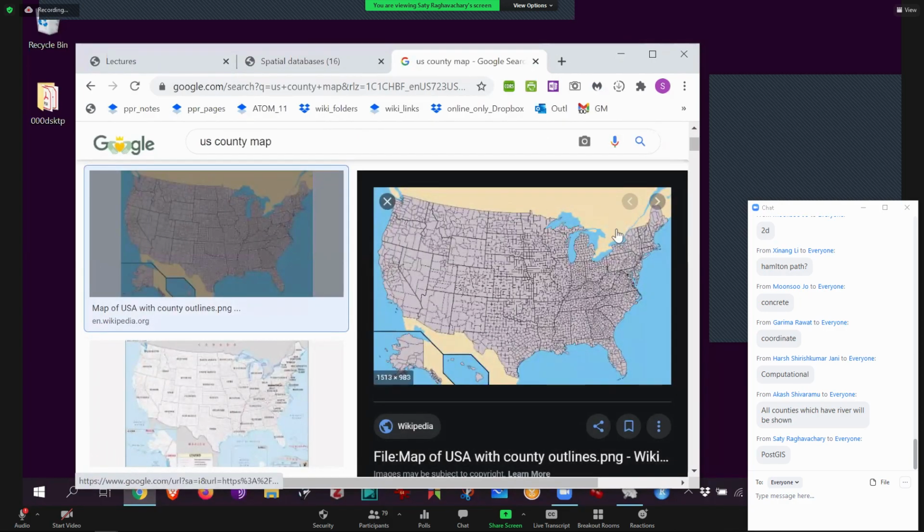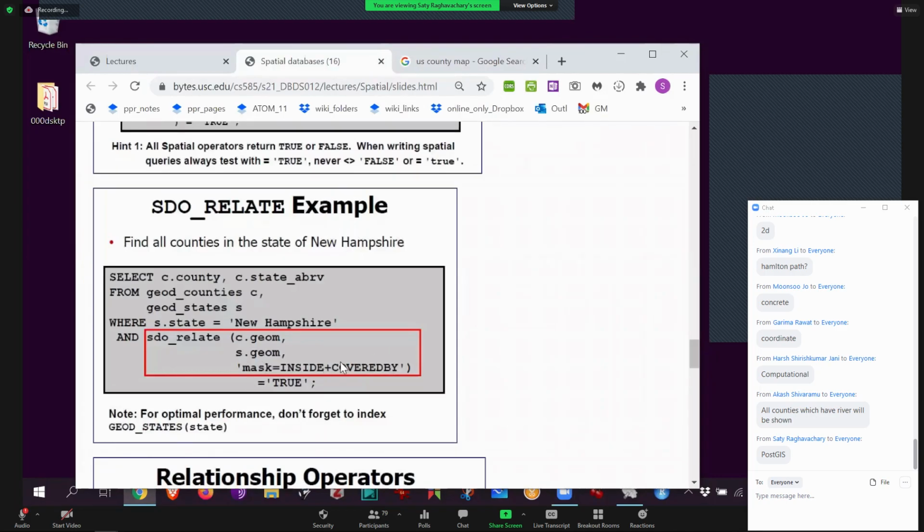So now, given all of this in one table, you also are given New Hampshire's outline. And you say, how do you then find out all the counties that are within New Hampshire? That is where the contains command comes in, okay? So that's this right there. Instead of contains, they're using inside and covered by. And then there it is. So all the states and then all the counties, except the state name needs to be New Hampshire. And then you'll get it.